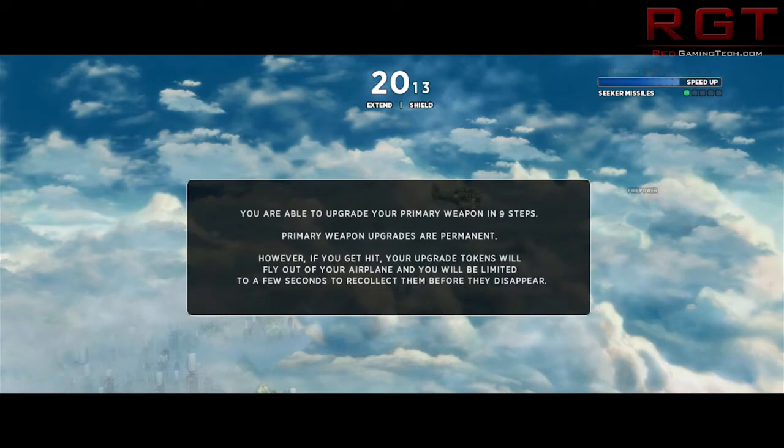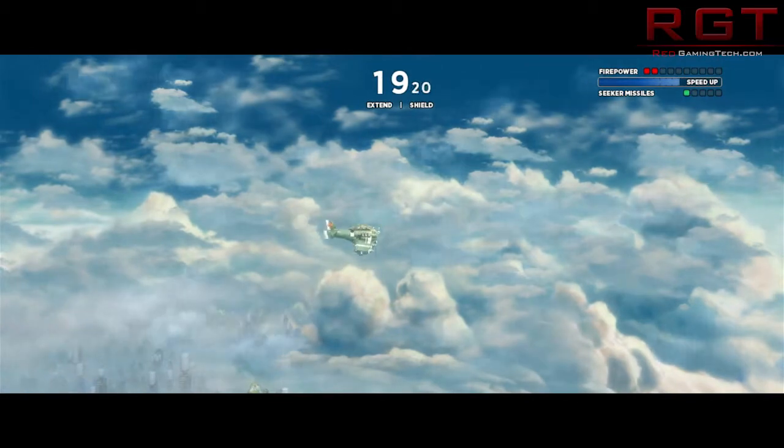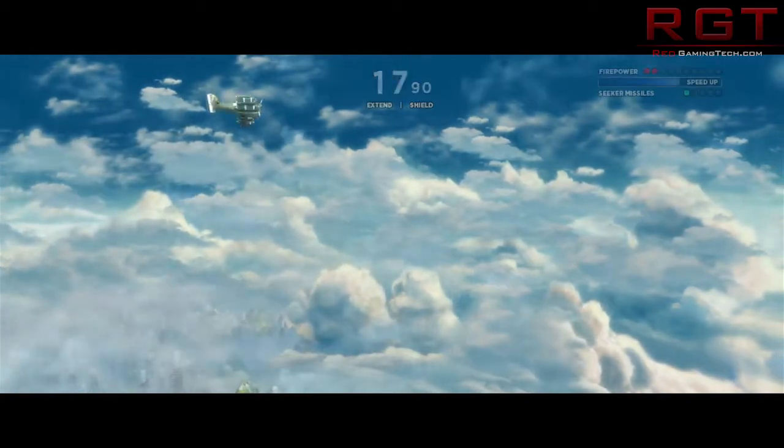You are able to upgrade your primary weapon in 9 steps. Primary weapon upgrades are permanent. However, if you get hit, your upgrade tokens will fly out of your airplane and you will have a few seconds to recollect them before they disappear into the void. Sorry. Anyway,